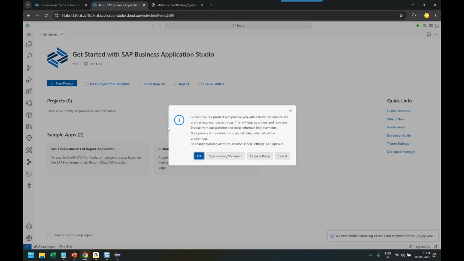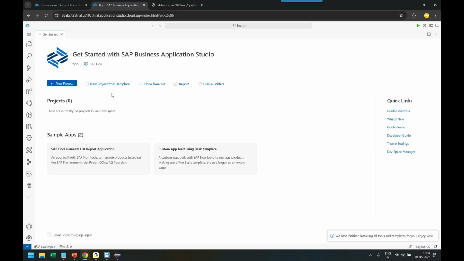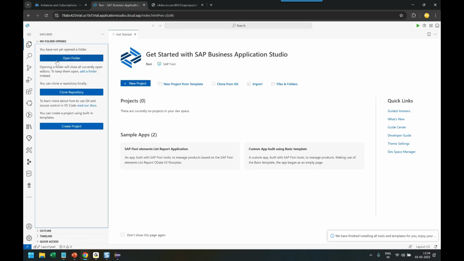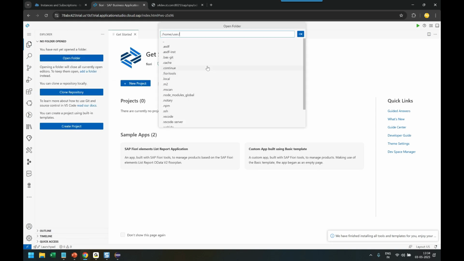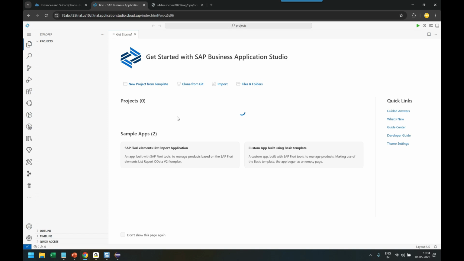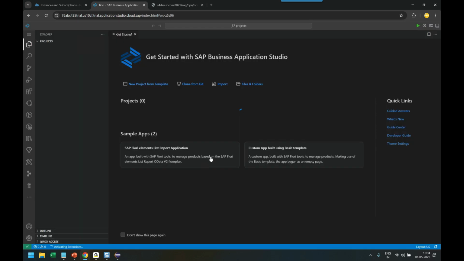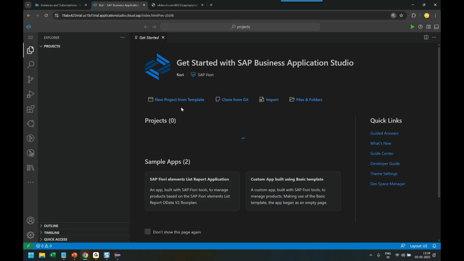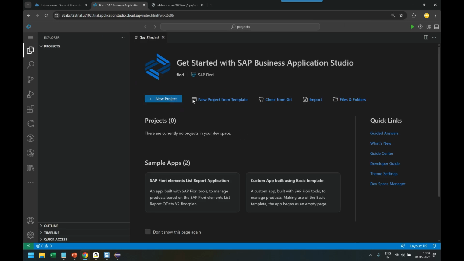So I will head over back to my BAS tool. This is how the tool looks like. I will expand the projects directory because all the projects we will group under the projects directory. So we'll just switch over to the projects directory in the tool. Here is the projects directory. And now I can get started with the development. So here, the moment we come to the tool, it gives me an option to create a project from template. So we click on that,